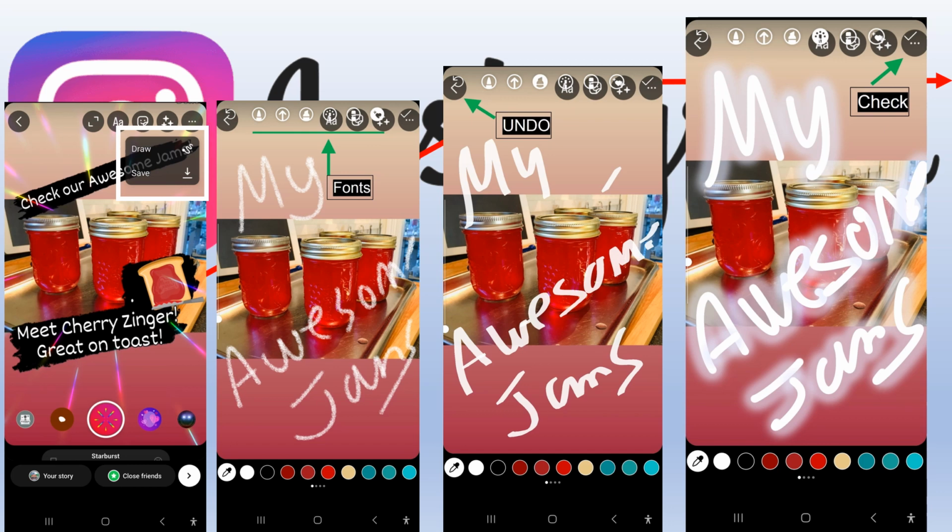There are different fonts and effects that you can write with, and you are able to erase what you've written by clicking the Undo button at the top left. When you are satisfied with what you have written, hit the check mark at the top right. Like every other edit feature, the Draw tool takes some practice. Those are the main edit features for your pictures, and as I said before, all these features take practice and time before you can master them.